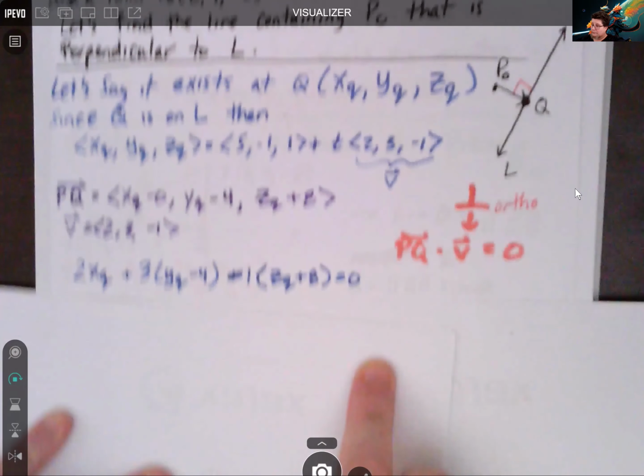Just to make sure I'm accurate, I'm going to dot that with the V vector and make sure I get 0. It should be 0, so they're orthogonal or perpendicular. So let's dot that real quick. I've got 7, -2, and 8 dotted with 2, 3, and -1. 7 times 2 is 14. -2 times 3 is -6. And 8 times -1